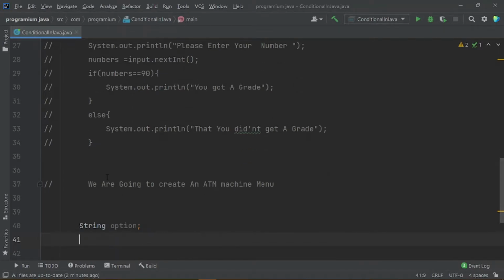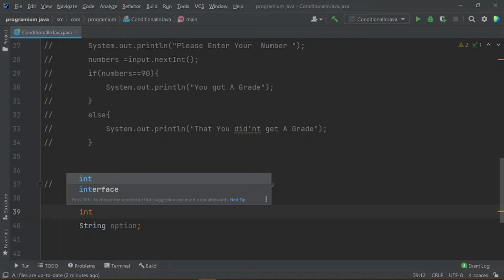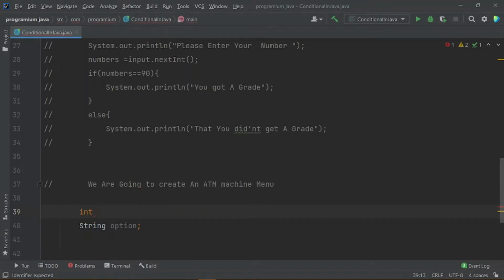I hope that every one of you has used an ATM machine, so of course you would be very familiar with the options that an ATM machine prompts the user with before starting transactions. So we will be declaring an integer here called pin, and we can initialize it to 2244.